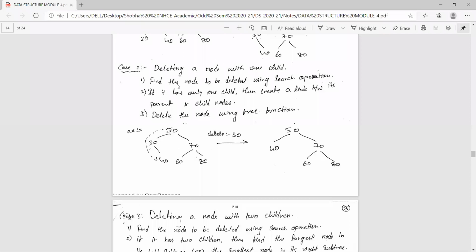Yeah, what I was telling is, in any kind of deleting, first we have to search. Find the location or find the node which we want to delete. So first step, find the node by using search operation. Then if it is having one child, we have to create a link. What we should do? Create a link between its parent and the child node. After creating the